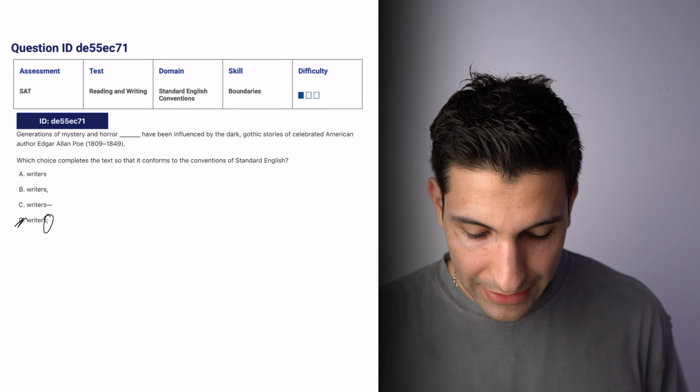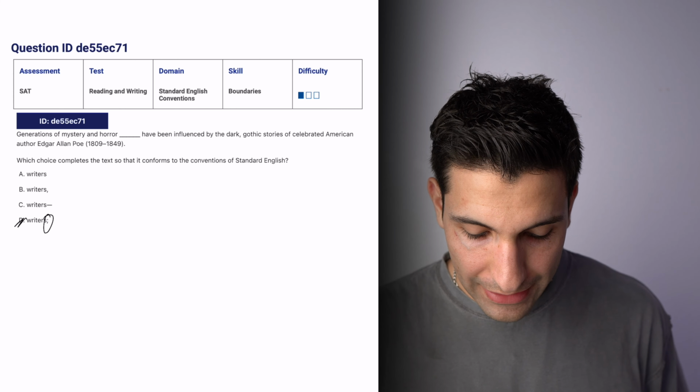Then we have A and B. If we go to B, generations of mystery and horror writers have been influenced by the dark Gothic stories of celebrated American author Edgar Allan Poe. A comma doesn't make sense there because we don't want to put a comma between our subject and its verb, which is the writers have. So for that reason, B is out, which leaves us with A, which means there is no punctuation needed to